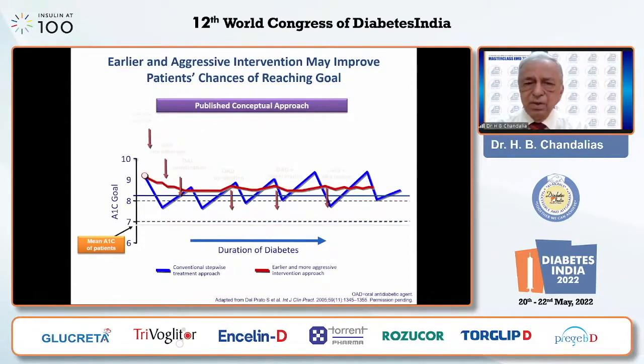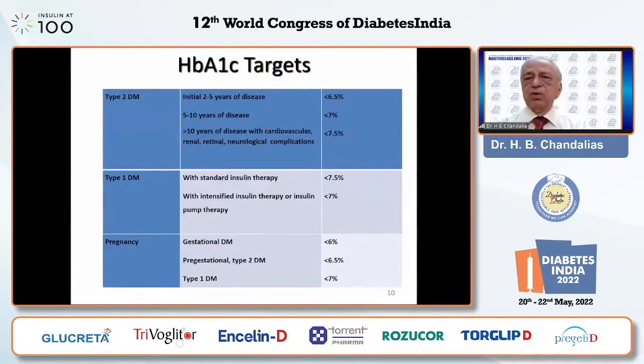So now A1C goals also, of course, we keep discussing, and sometimes the patients fix their own goals. They read some newspaper, 8.5 A1C is all right, and they are further confused, of course, and they really think why the doctor is trying to bring my A1C further down. So it's very important for us to clearly understand the goals,